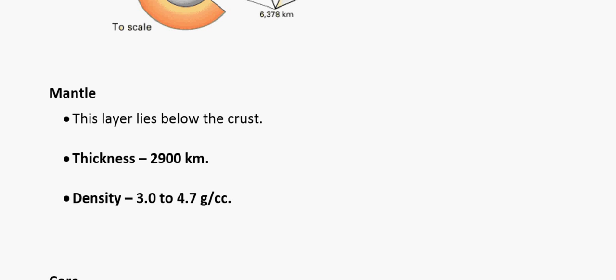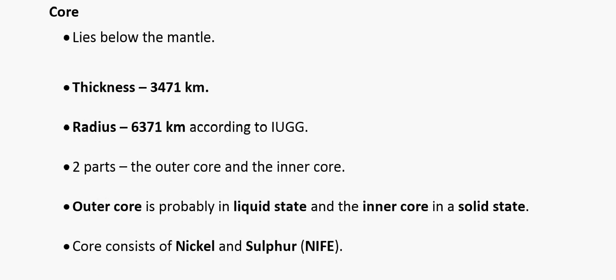And as we keep going down the earth, the density of the rocks keeps increasing. So the density range is from 3 to 4.7 grams per cc. This is all about the mantle. Now below that